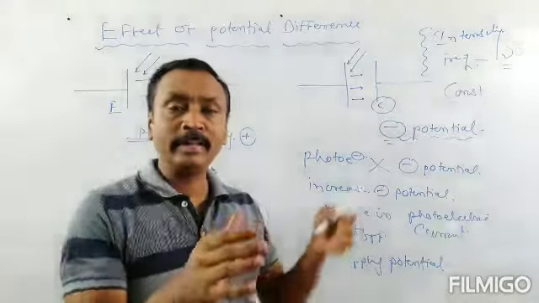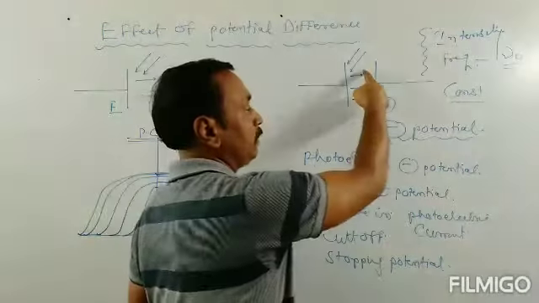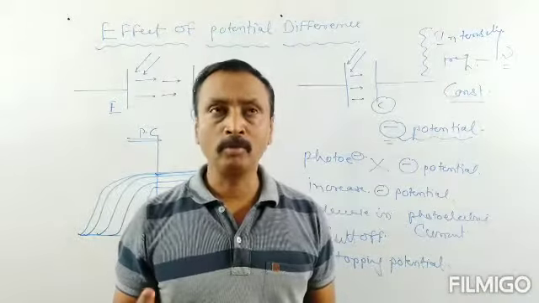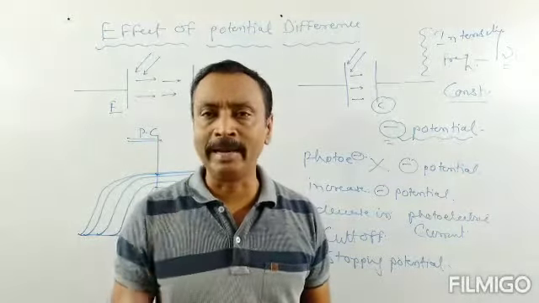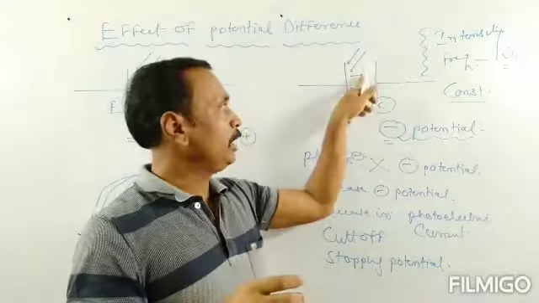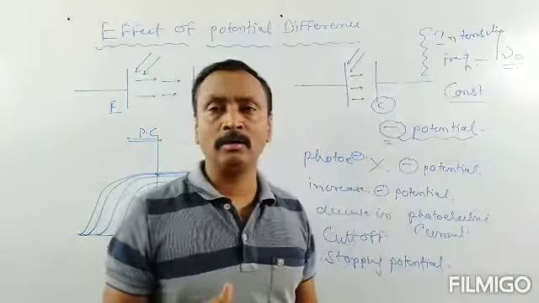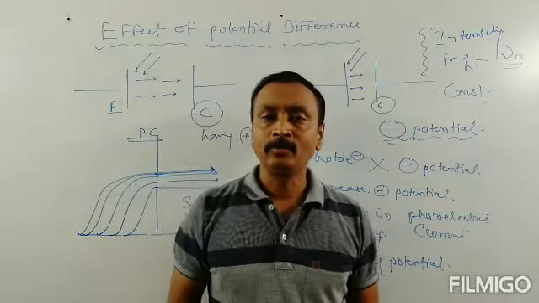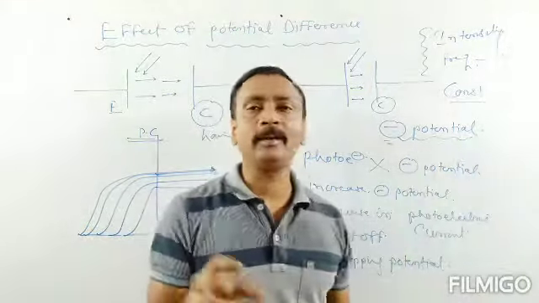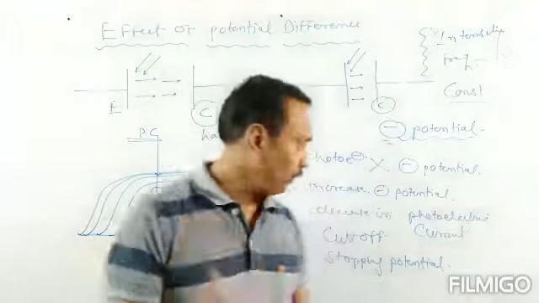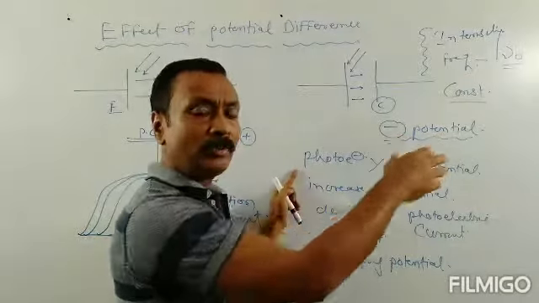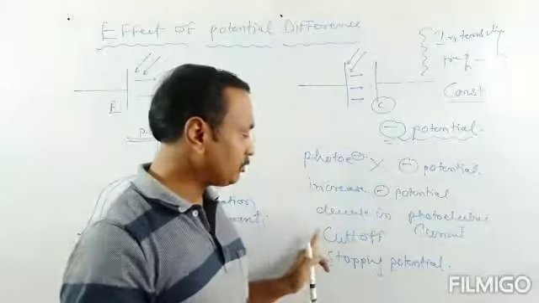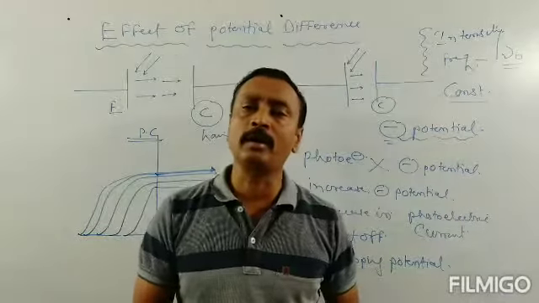If I increase it step by step, not all of the electrons have the same energy. Some could be stronger and some could be weaker. Those electrons which have extra energy could reach the collector plate. So the photoelectric current decreases gradually as I increase the potential difference, but at a certain stage, we do not get any photoelectric current.